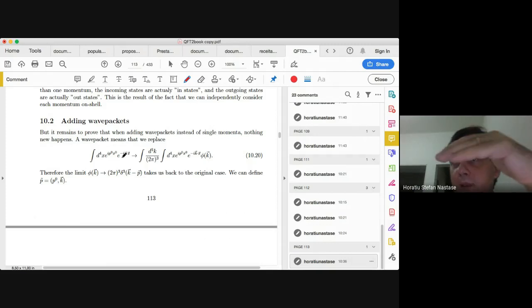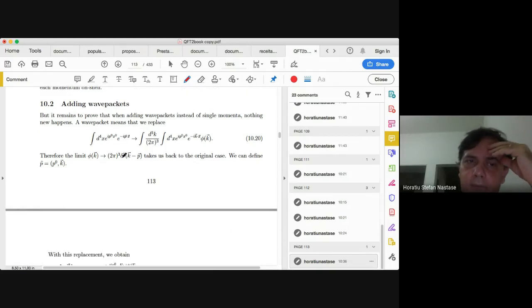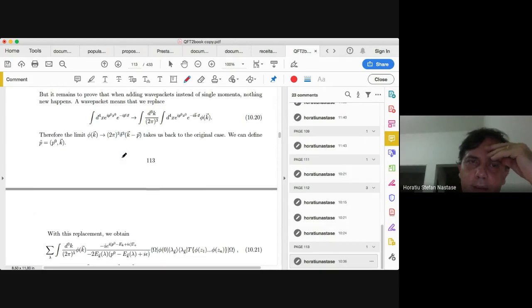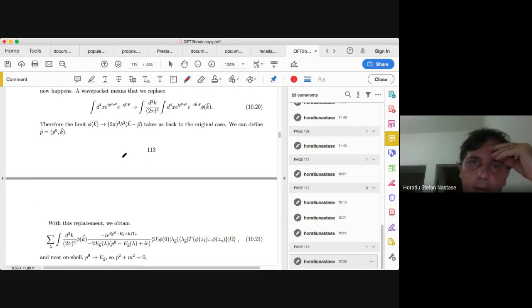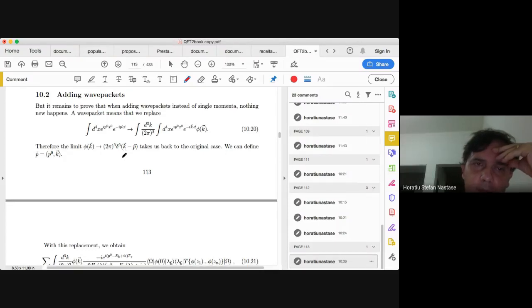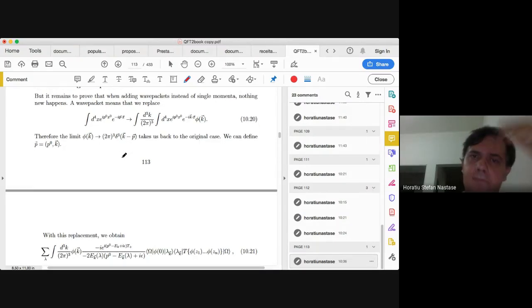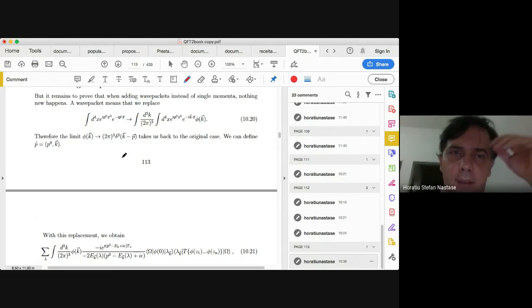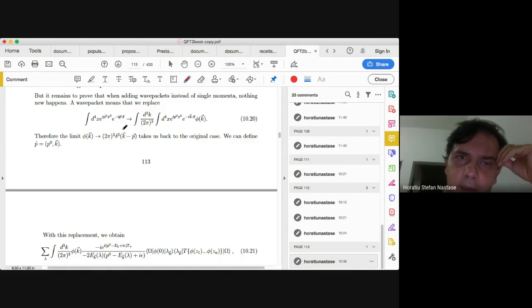And correspondingly to the right, we had a given momentum p for the S matrix. So having a wave packet now means that we have an integral